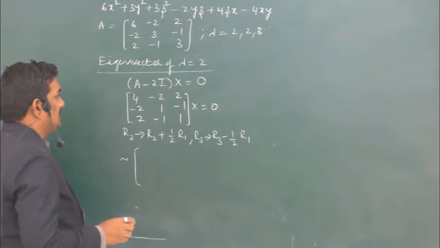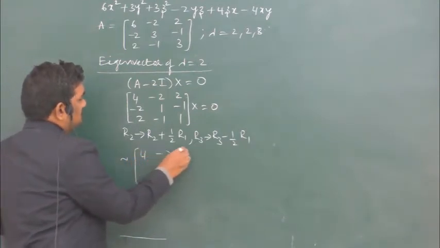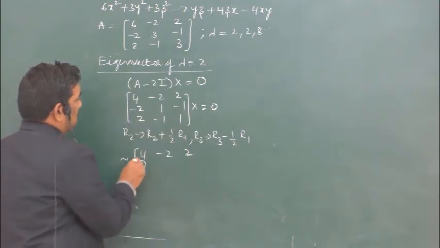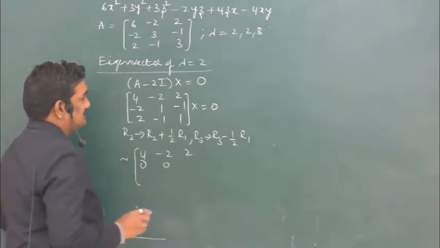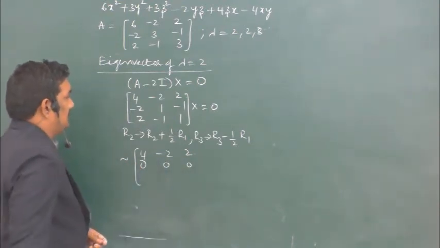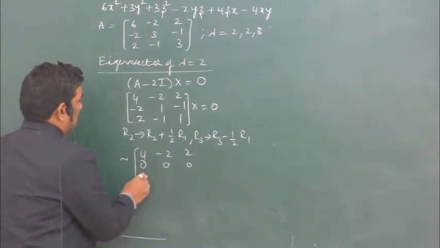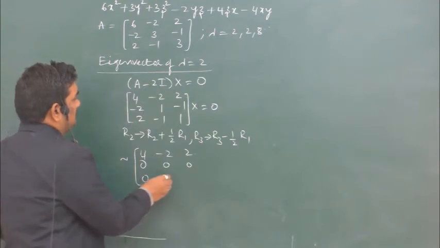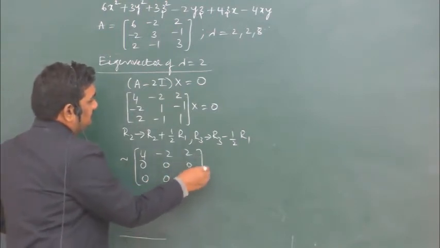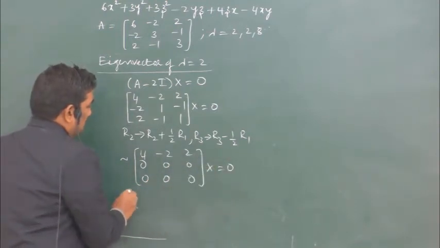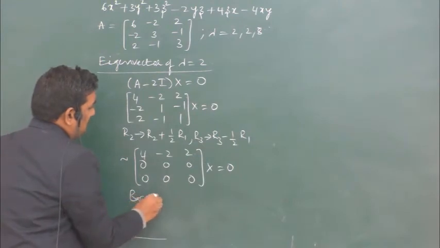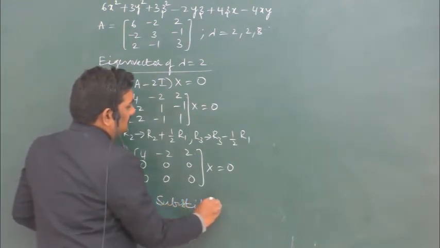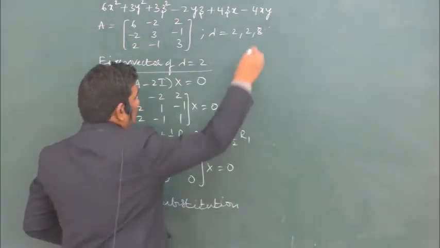It will be 4, minus 2, 2, then minus 2 plus 2, 0, minus 1 plus 1, 0, minus 1 plus 1, 0, 2 minus 2, 0, minus 1, minus of minus 1, 0, 1 minus 1, 0. Now it is in echelon form. By back substitution,